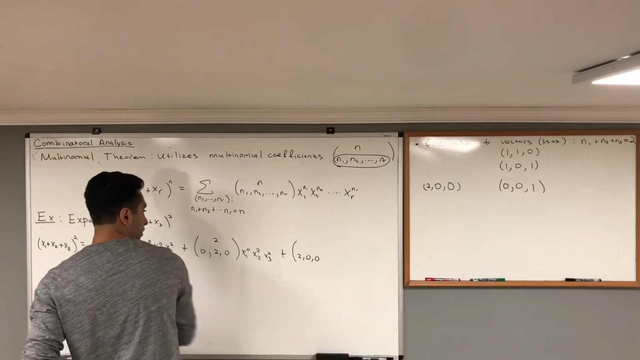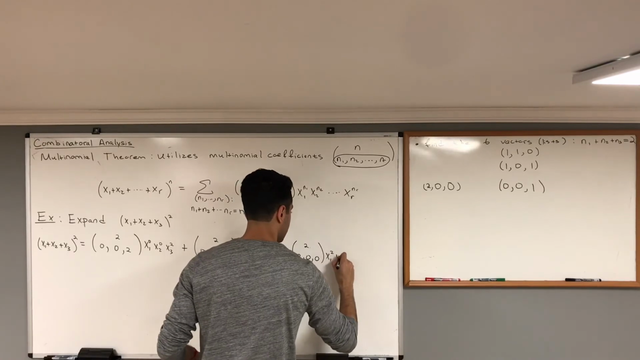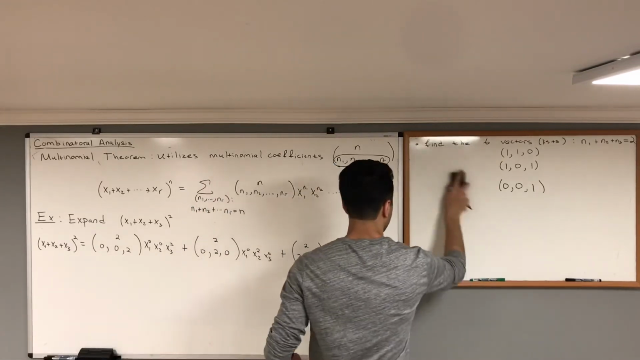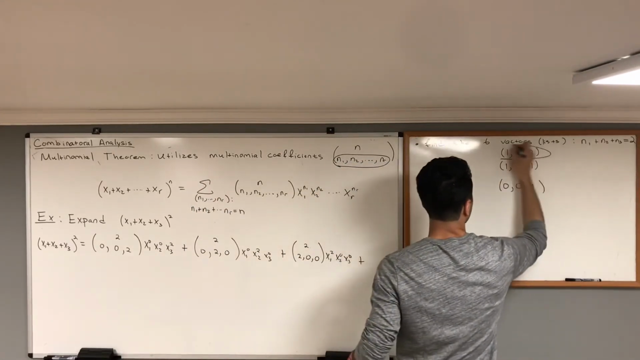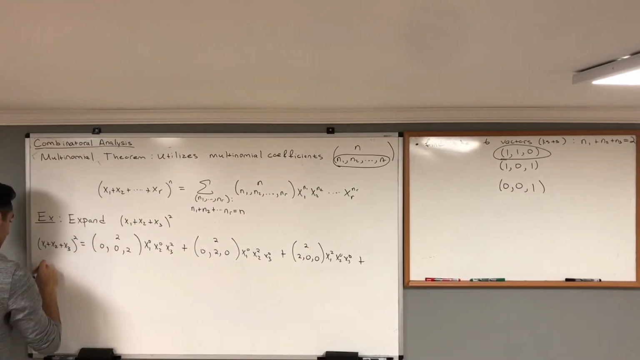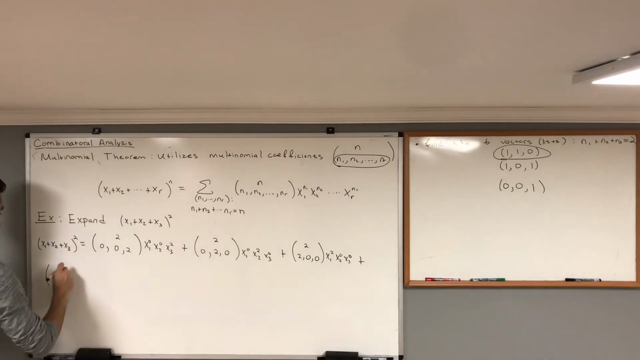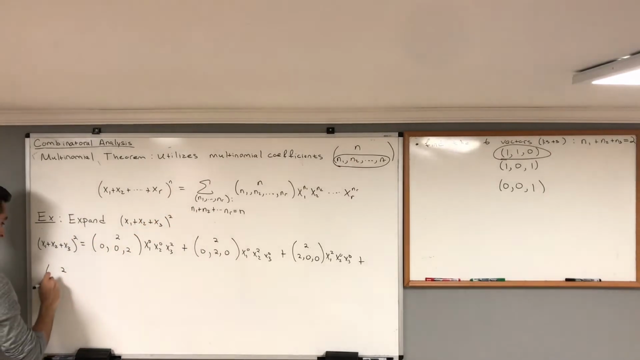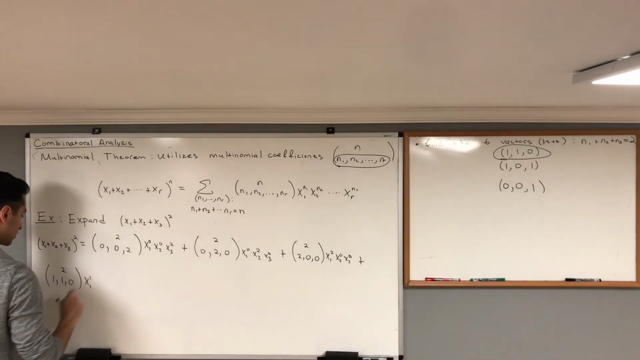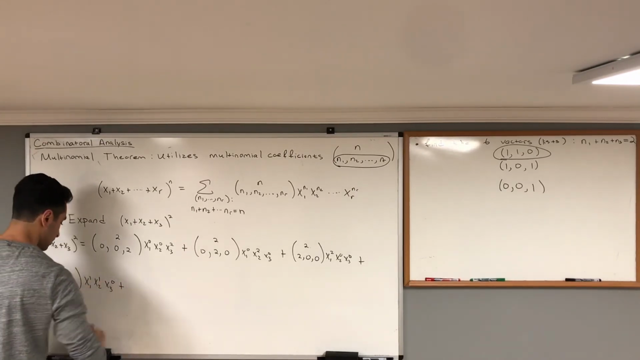And then x1 to the second power, x2 to the 0, and x3 to the 0, plus this one for our multinomial coefficient. So I'm going to put the plus there, and I'm going to continue it here. So n is always 2, and I'm choosing 1, 1, and 0, times x1 to the first, x2 to the first, and x3 to the 0, plus